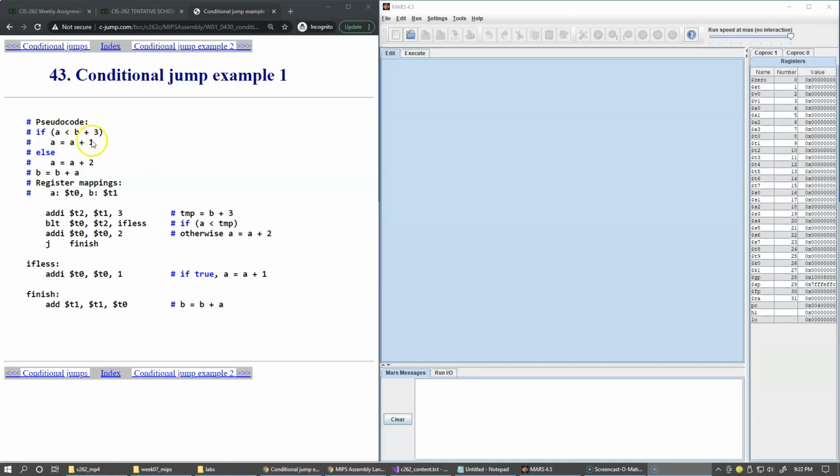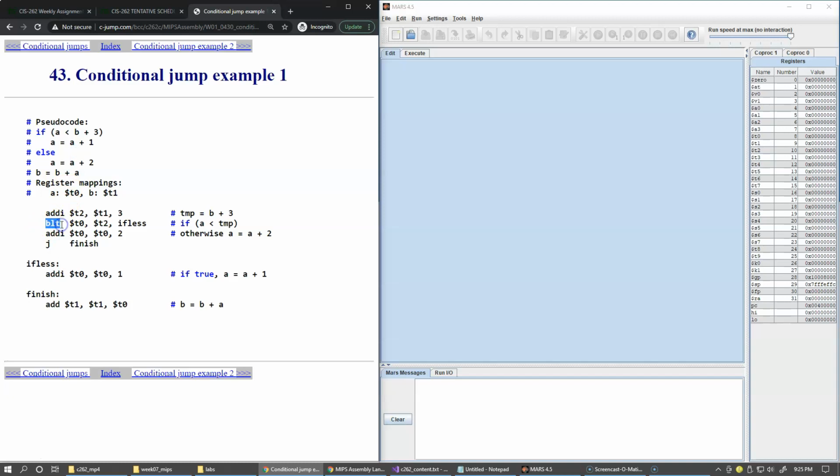In our demo here, the first step is to compute b plus 3, because the precedence of the addition operator is higher than the less than comparison. So we complete the arithmetic first, and then we take the result and compare it to the register T0, which already contains the value of variable a, and the command that implements this comparison operator is this